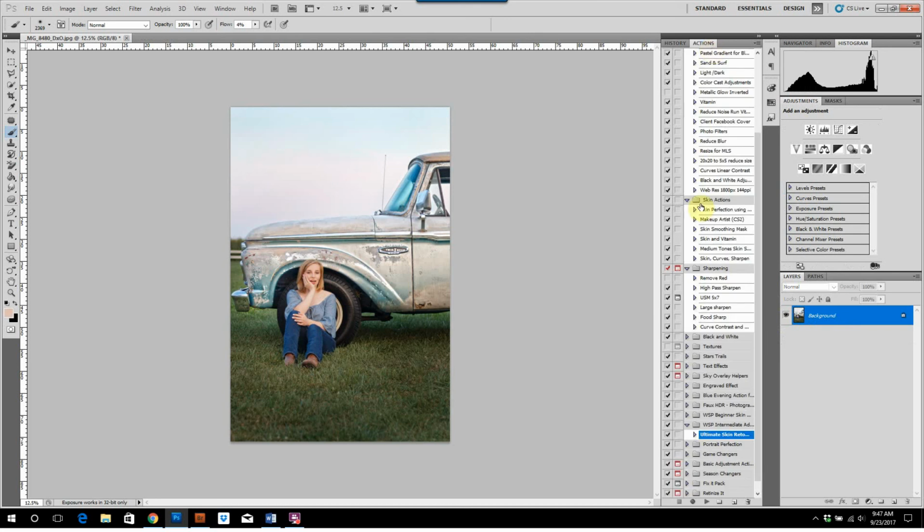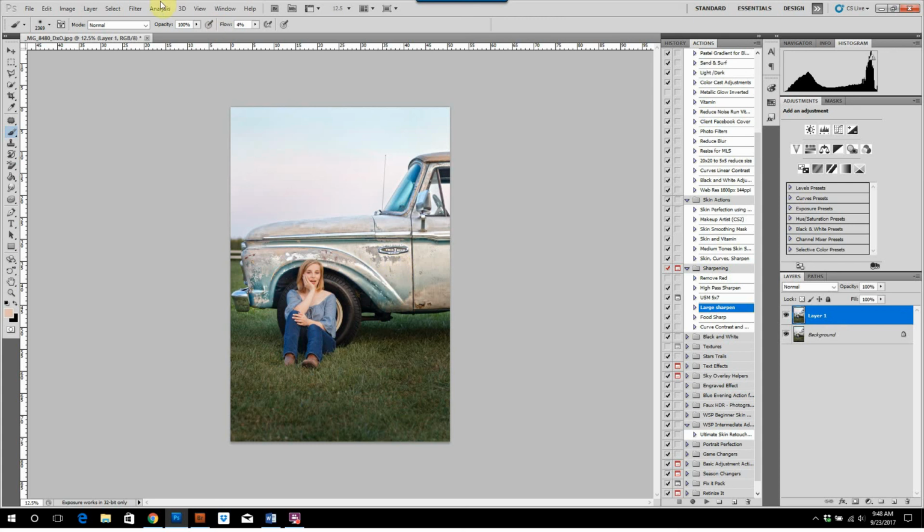And then finally, because when you open an image in RAW, it hasn't been sharpened even a little. So I always just do a light sharpening. I usually use high pass for that. So I made an action for that too, but you can make an action or you can just go